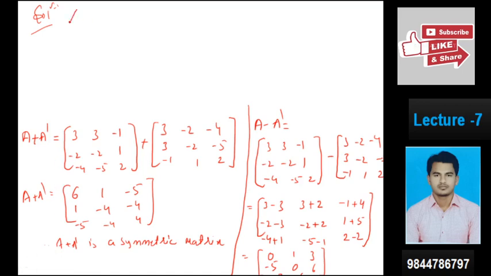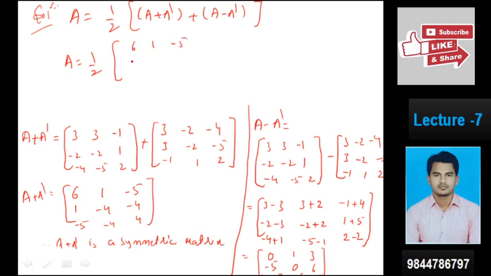That is A is equal to 1 by 2 big bracket of (A plus A dash) plus (A minus A dash). A is equal to 1 by 2, as it is, A plus A dash. What is the matrix? 6, 1 minus 5, 1 minus 4 minus 4, minus 5 minus 4 and 4, plus A minus A transpose 0, 1, 3 minus 5,